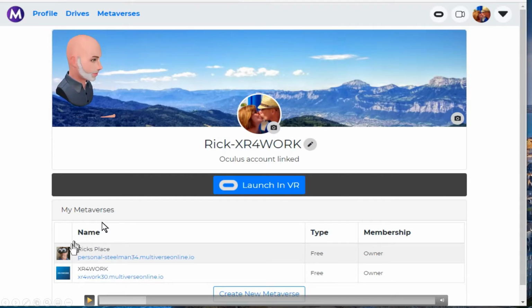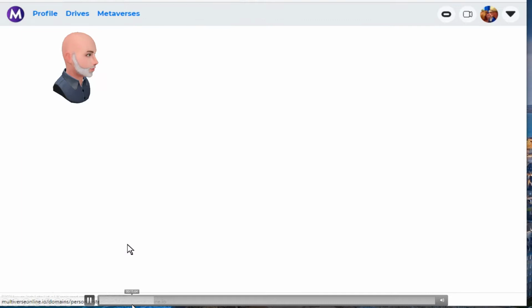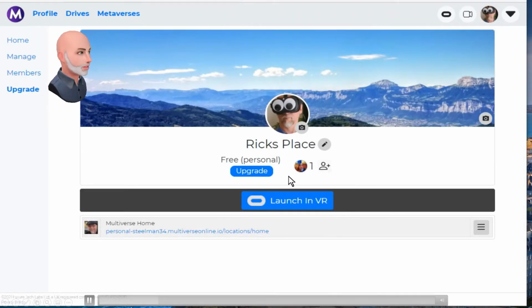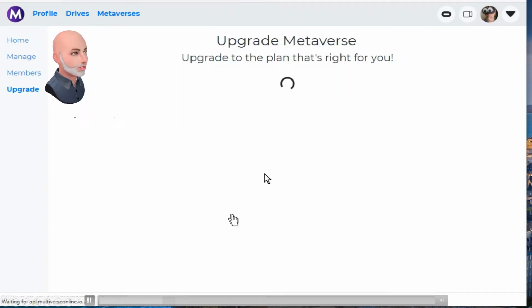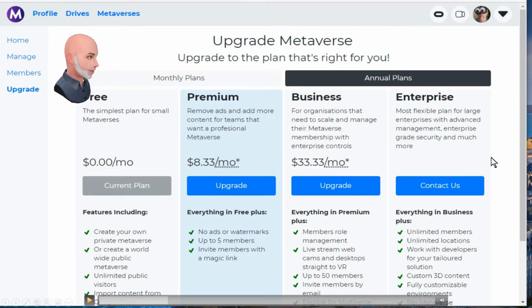I have Rick's Place, which is my personal metaverse that we went into initially when we logged in. And then I have my business metaverse, the XR for Work metaverse. From here, I can go in, and when I click there, you can see here's my multiverse home. We're going to pause here just a second so that we can look